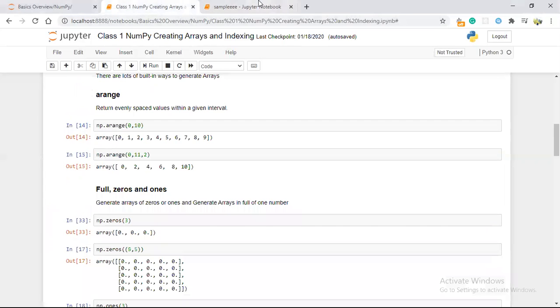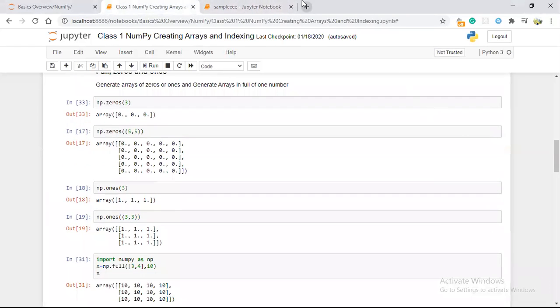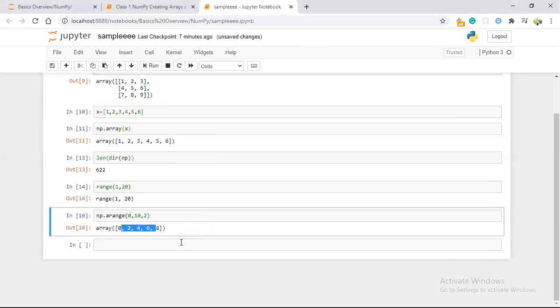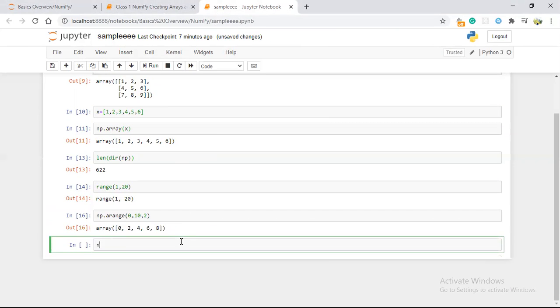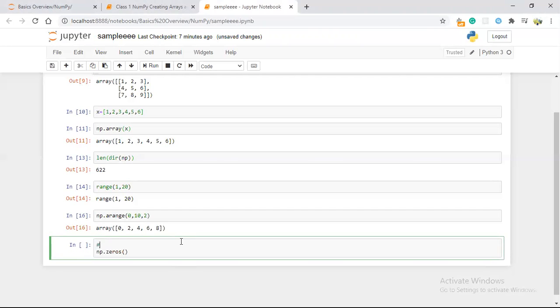Okay, now we know how to create an array. We have other ways to create our arrays. For example, when I give numpy dot zeros, here you can give how many rows and how many columns you want. In NumPy it is always row comma column, in this format.